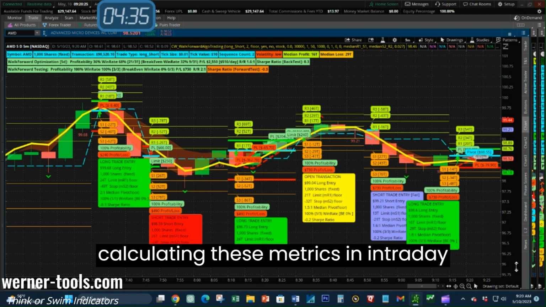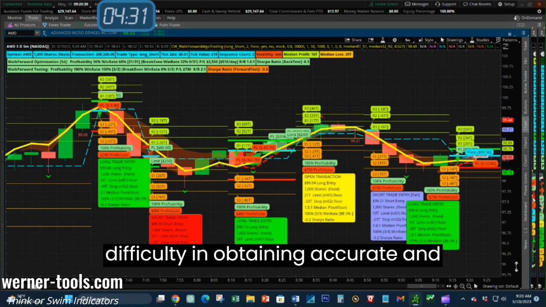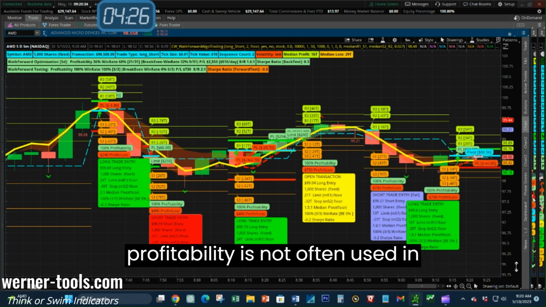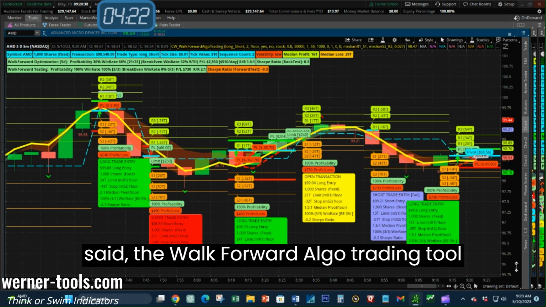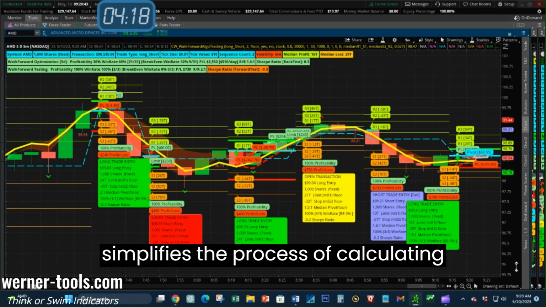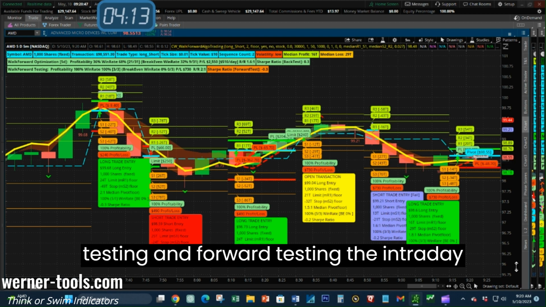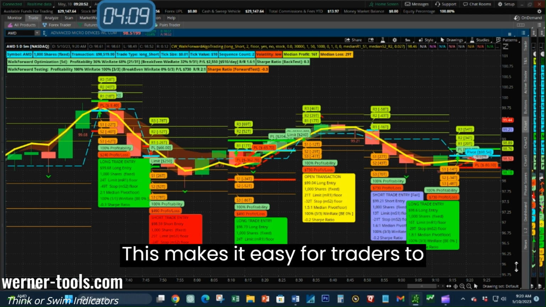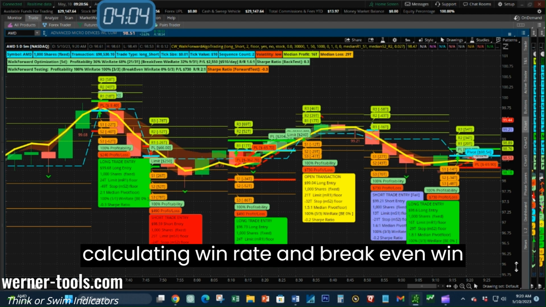However, calculating these metrics in intraday trading can be challenging due to the difficulty in obtaining accurate and timely data. As a result, profitability is not often used in intraday trading. That being said, the Walk Forward Algo Trading tool simplifies the process of calculating profitability by continuously backtesting and forward testing the intraday data with no repainting errors. This makes it easy for traders to monitor the effectiveness of their strategy without the challenges of calculating win rate